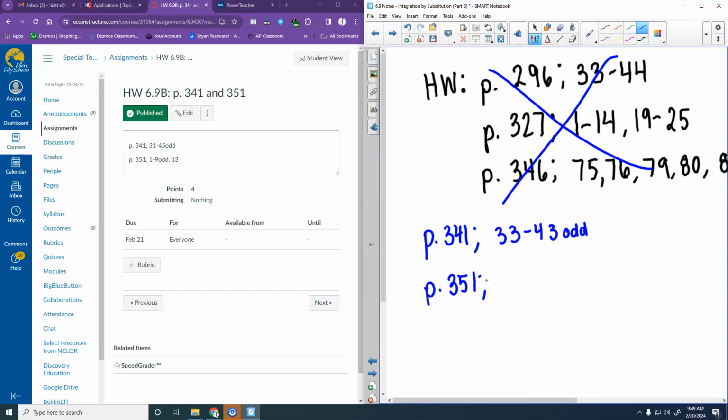Sorry, we got to do some of that too, though. We'll do 3 through 11 odd. 3 through 11 odd. 3 to